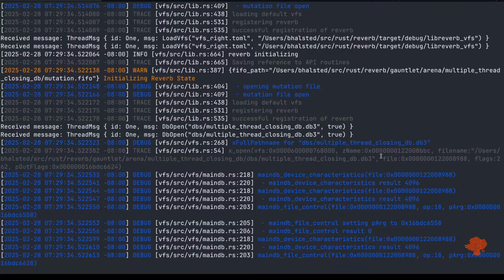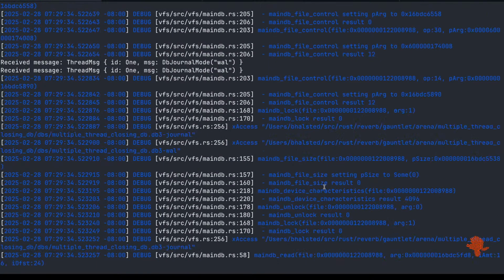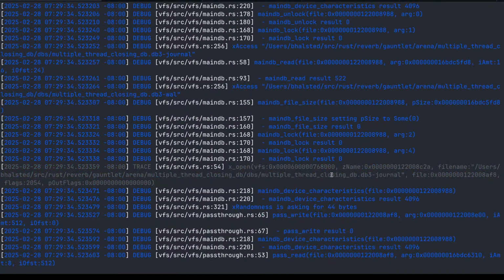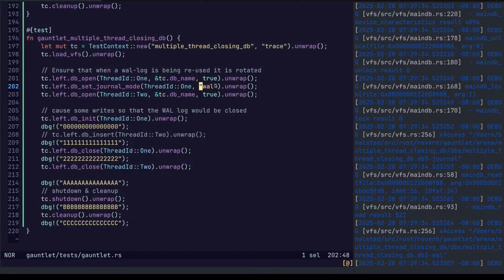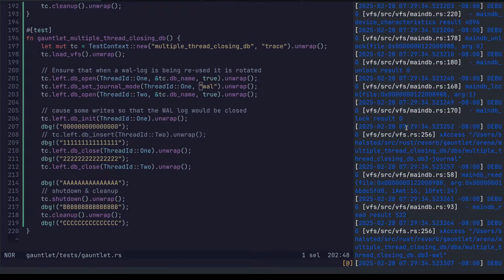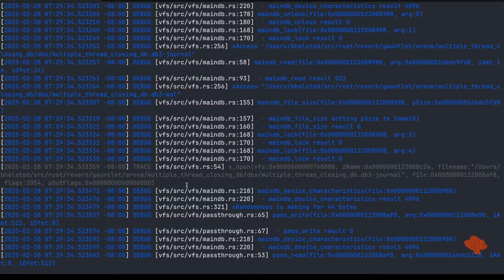Okay. Nope. That was my mistake. One. Right. There's the main DB. I tried to open a journal. What? Oh, wait, did we? Why would it try to open a journal file?